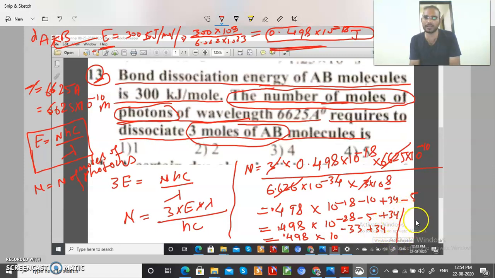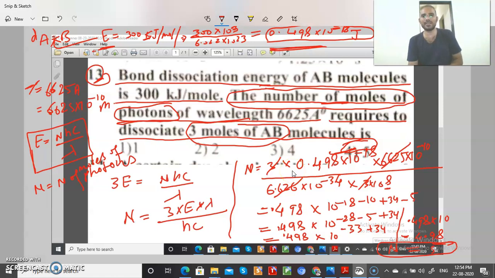You see, student, now we got 0.498 into 10. So how much is coming, student? 4.98, and 4.98, student, means what? 5. So the capital N value, how much are we getting, student? Capital N value we are getting is 5. So the correct option will be option number C, student. What is option number 4? Option number 4 is the correct option, that is 5. N value 5.